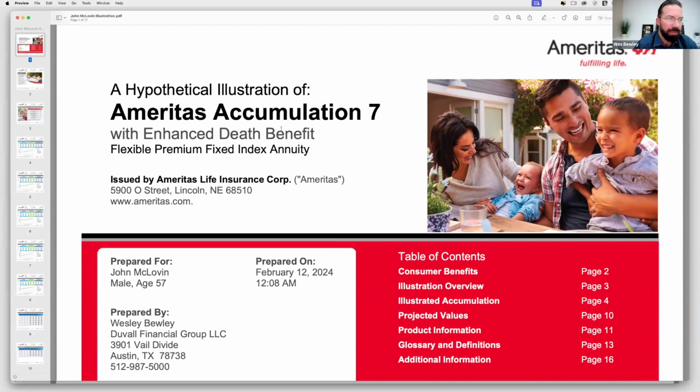Here's just one company, and there's tons of companies, but Emeritus is one of the companies that we write fixed index annuities with, along with infinite banking style life insurance policies. And these guys are an A++ rated company. And when you see this number here, this big 7 right here, what this simply means is that this is how long there's a surrender charge or a fee to move your money to a different location. Or in some cases, if I take too much money out in a single year, that can also trigger a fee. But whether this was a 5 or a 10 or a 7 or a 15, that's all the numbers mean, is this is how long there's a surrender charge. And I'll show you what I mean by that in more clarity here shortly.